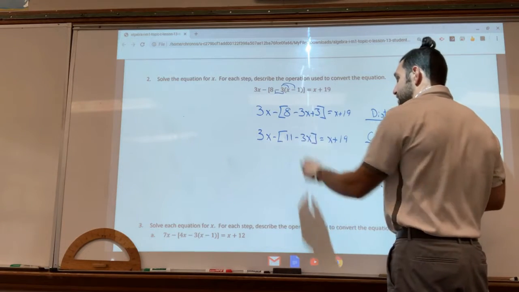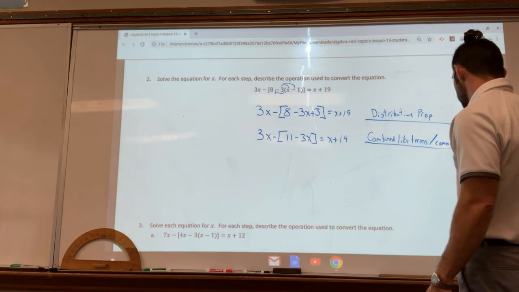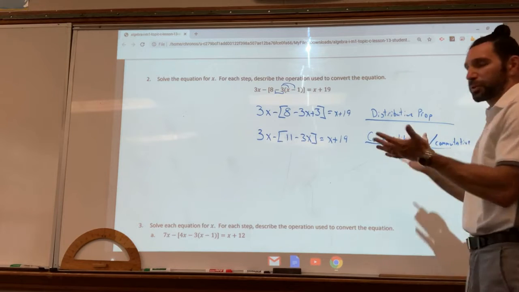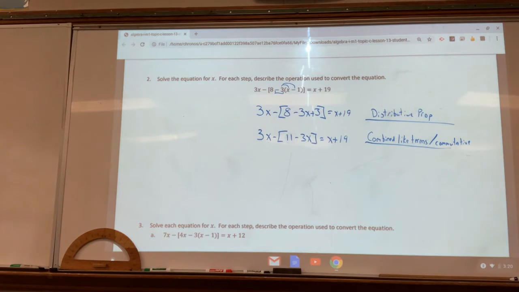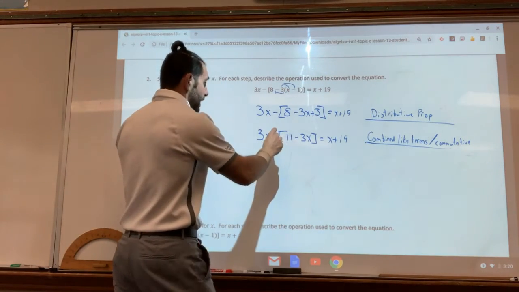Well, I should have put the 3 next to the 8. So I combined like terms using the commutative property, because I wanted to put those together. Do you need to put the commutative? No, because combining like terms for us means we can combine like terms anywhere. Okay, so now